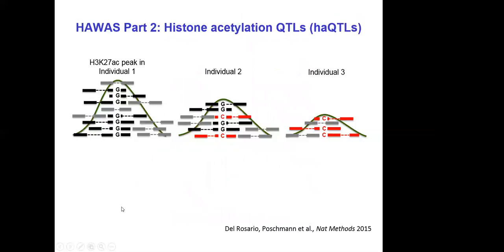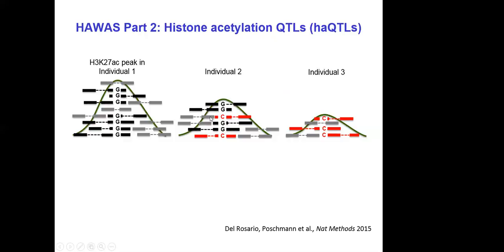So part 2 is we said, okay, can we get to the genetics? Can we find some SNPs that affect ChIP-seq peak height? And if so, you assume that they affect gene regulation, and perhaps that can explain some of your GWAS signals. And here we use the bioinformatics developed by Rick to find these statistical associations.